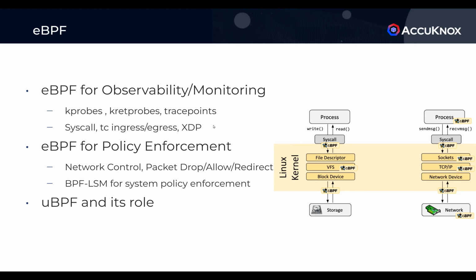And at the LSM hooks, you have the ability to do policy and you have the ability to do controls or the enforcement. What I mean by that is you can say deny access to a particular object, and that object could be a network socket, it could be a file object, it could be a process execution task, things like that. So you can actually do some controls for the first time outside of network packet control. Now you have the ability to do some sort of policy control for system primitives which were not available before.